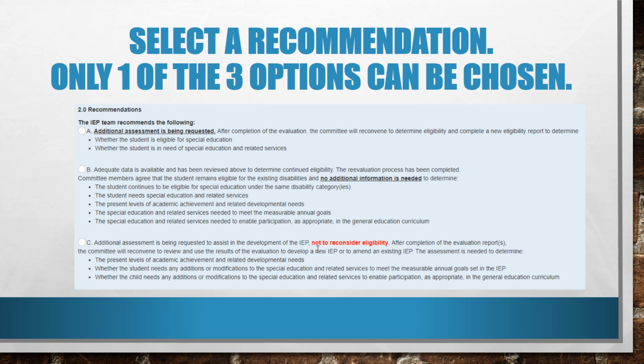The last step that is discussed in an RDR meeting is to make an appropriate recommendation for next steps. At any reevaluation data review meeting, there are now 3 options to choose for the team to make a recommendation. Only one of the 3 options can be chosen, and this defines the next steps for the team members. The case manager and IEP team members must carefully consider the data and choose the appropriate next steps, as follow-up may be required to close out the process, and each team member must know their responsibilities for completion and the time frame for due dates.